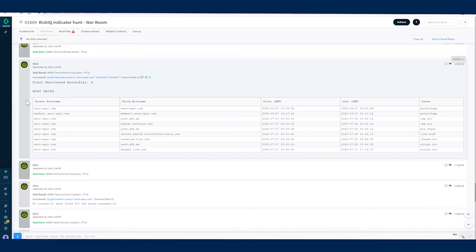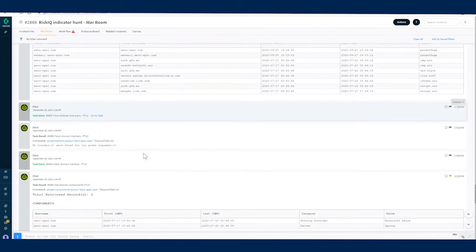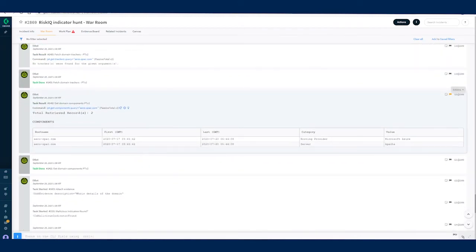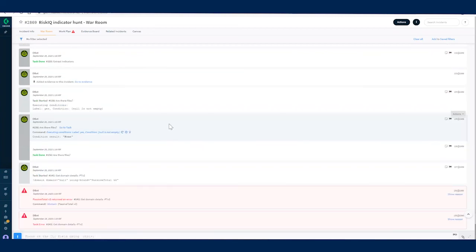Then we can go ahead and find other details. For example, we are looking for parent child relationship. So these are the other domains which are related to this one. Again, we can look whether one of these is malicious. Now we go further and do a component query. Here we can look for things like what tools and libraries are being used by this domain. So some of these again might be known bad libraries, and if we find their uses, we know that this domain should be blocked. This was my submission. Thank you.